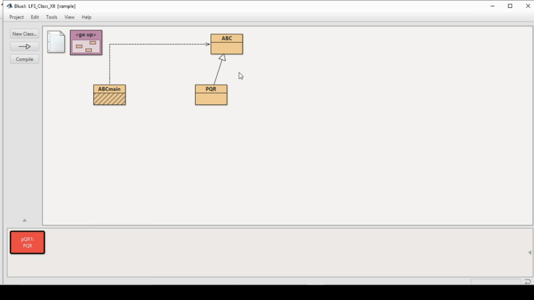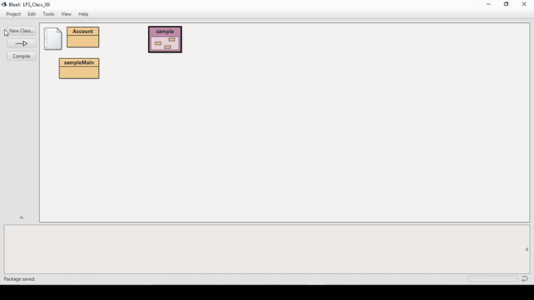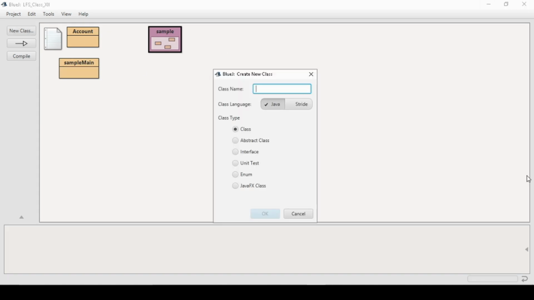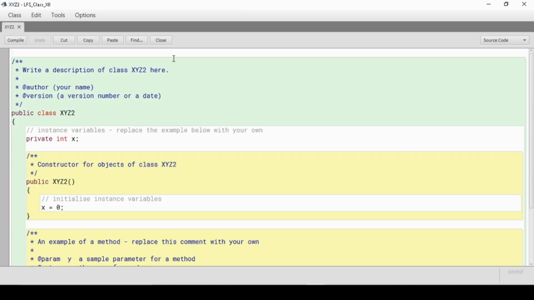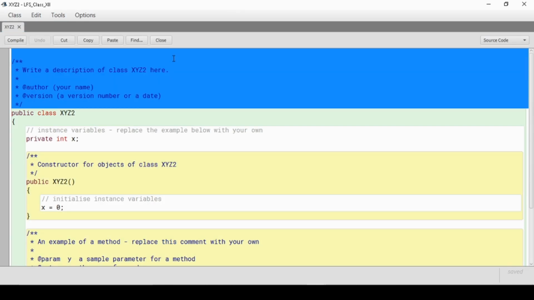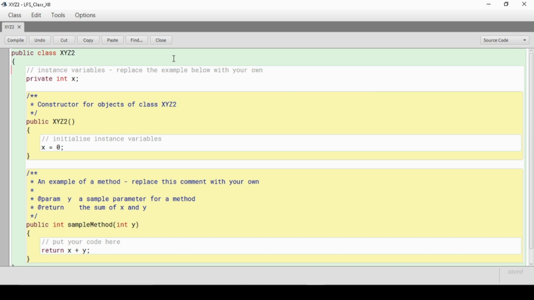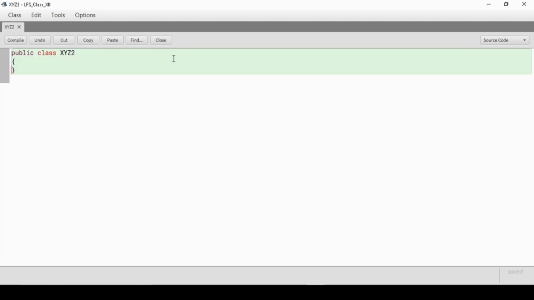So if we are in the same package, if we are inheriting in the same package, public, protected and default are inherited. Now let's go outside the package and create a class over here, XYZ2. And here in XYZ2 I am going to inherit that ABC class. So for that again I have to import, you know that.